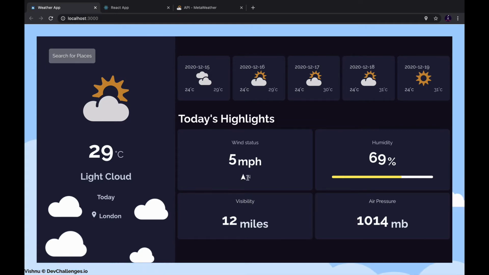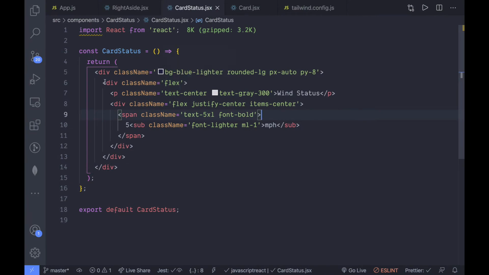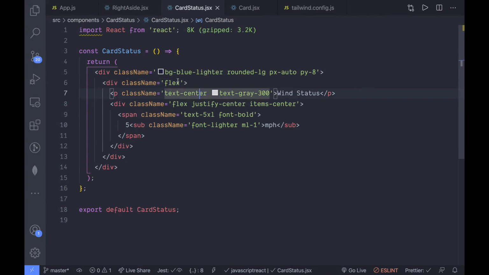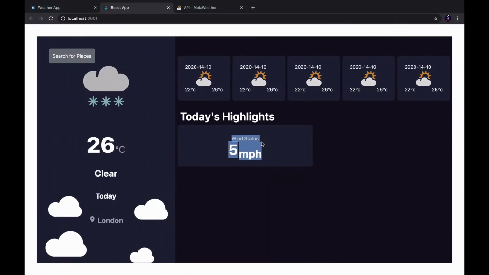So just hop back to the VS Code, and here in this particular division, instead of giving flex, because if we give flex, as you can see here, we got this flexing in the row direction. So we'll be changing it to flex columns, so that they will be rendered column wise. So if you take a look, so we got this right here.